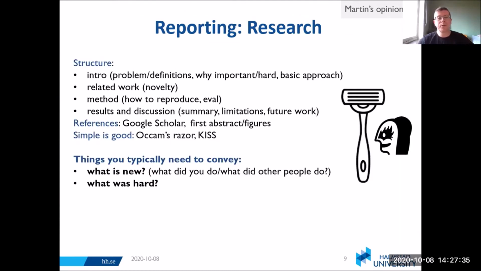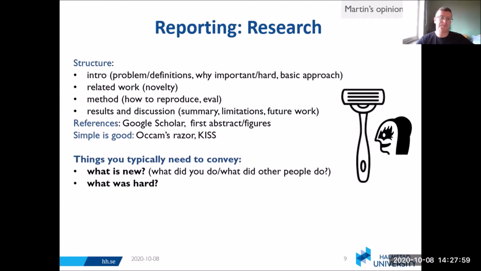Research. So some of you who are master students will be starting out in research, and maybe you're not 100% sure what kind of things you're supposed to do. For your structure, the introduction usually describes your problem, why it's important and hard, and the basic approach that you're going to use to